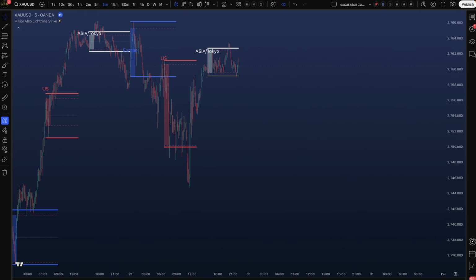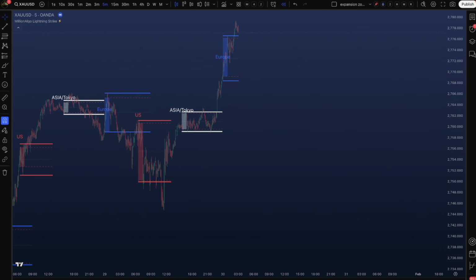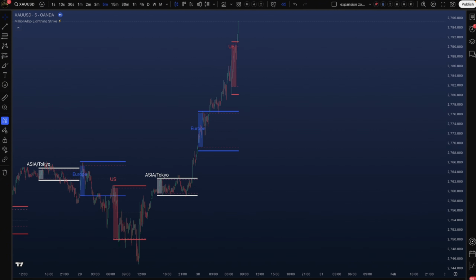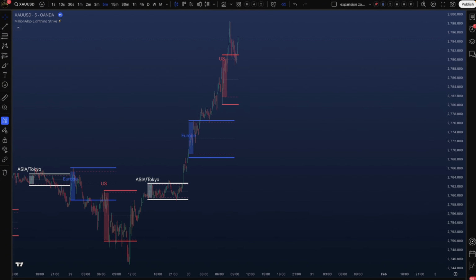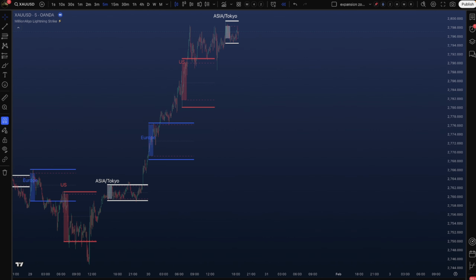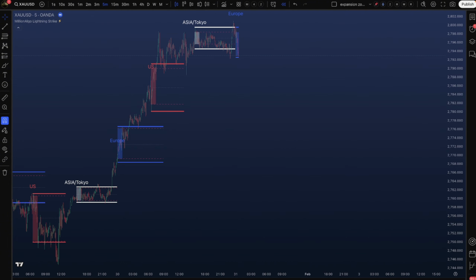Expansion and compression zones offer us a clear visual representation of how algorithms aggregate and execute orders around key price levels, helping us make more informed trading decisions. Let's dive into how you can leverage these patterns to trade with greater confidence, starting with the Million Algo Lightning